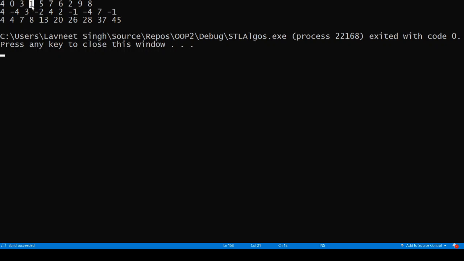The fourth element is taken into account, the previous sum is added. Fifth element is taken into account, the previous sum is added, and so on. So the partial sum takes into consideration the same element whose slot it is going to modify, and adds that element's value into that slot.